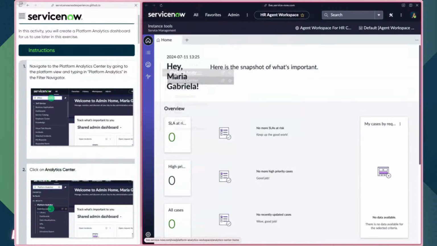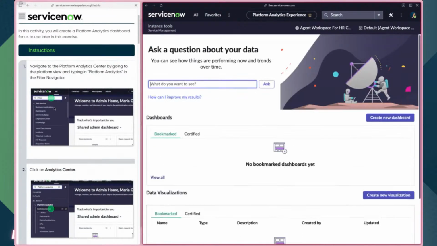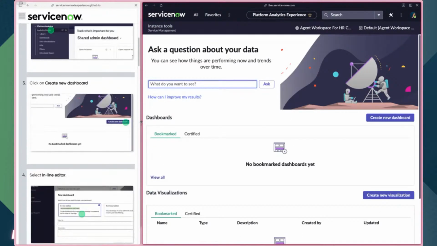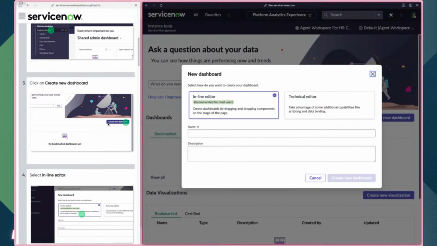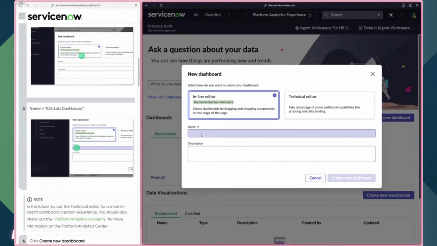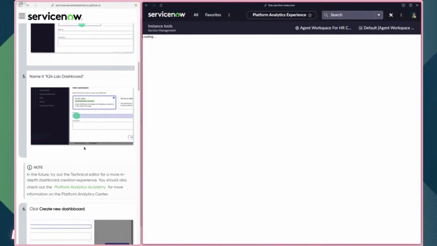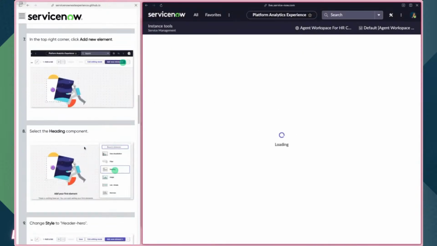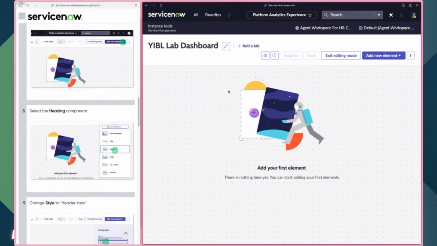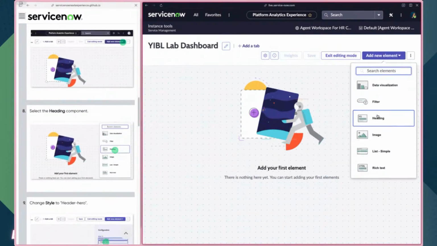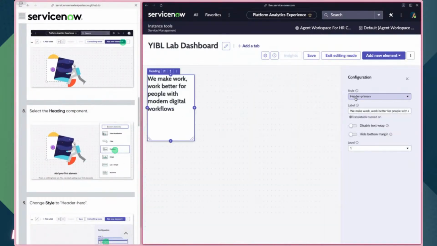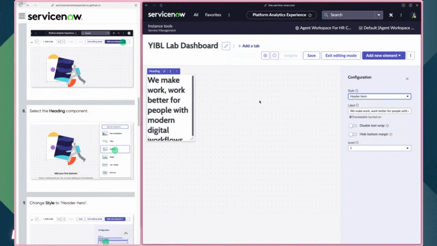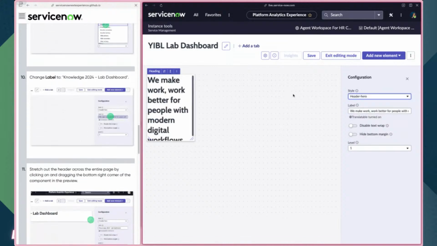We're going to go to the Platform Analytics Center. And we're going to go in and create a new dashboard. We're going to select Inline Editor. We're going to name it what it's telling us to name it, and we're going to create it. And we're going to just quickly add a new element, a heading. We're going to set the style to header hero. We're going to label it